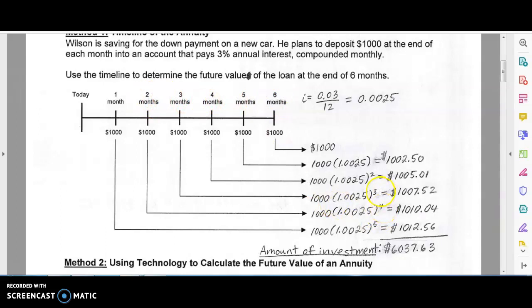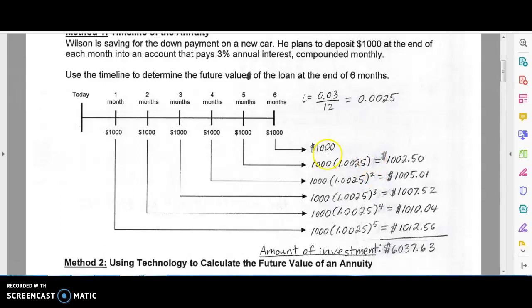And then at 3 months, you have 3 months left. So the number of compounding periods is 3. At 4 months, you have 2 months left. So number of compounding periods is 2. 5 months, you have 1 month left. So technically this is power of 1, but as we know, we don't have to write it there because it